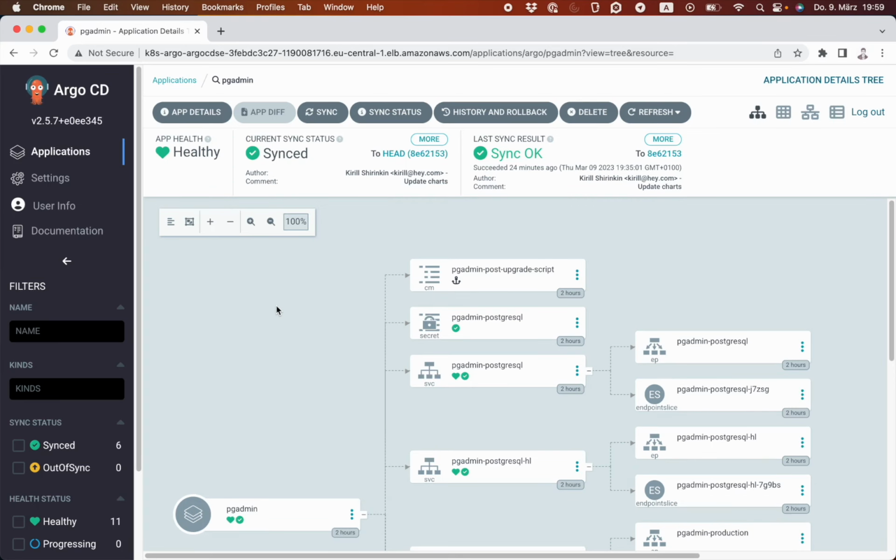Hey! In the previous lesson, we finally deployed our application with the help of Argo CD, but that was only the first deployment out of many to come. In this lesson, we are going to figure out what happens when we change our Kubernetes configuration, either manually with kubectl or properly with a pull request.